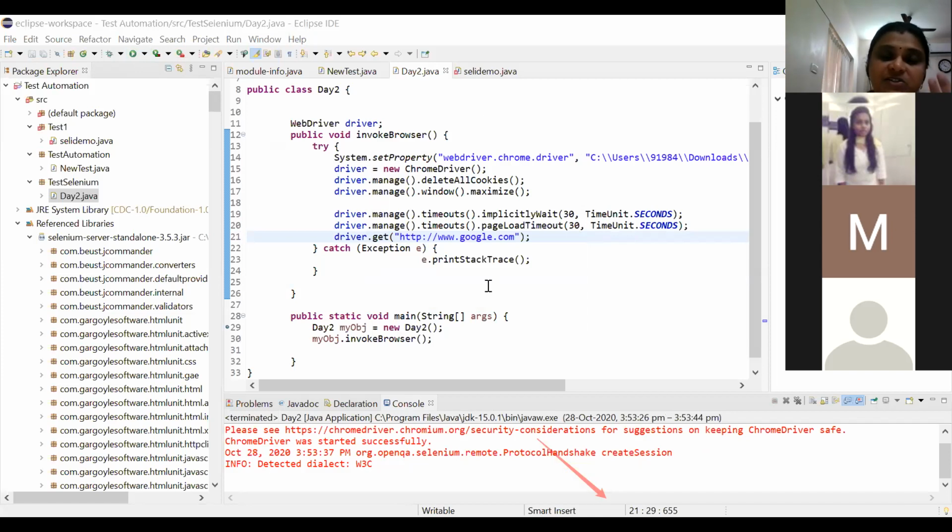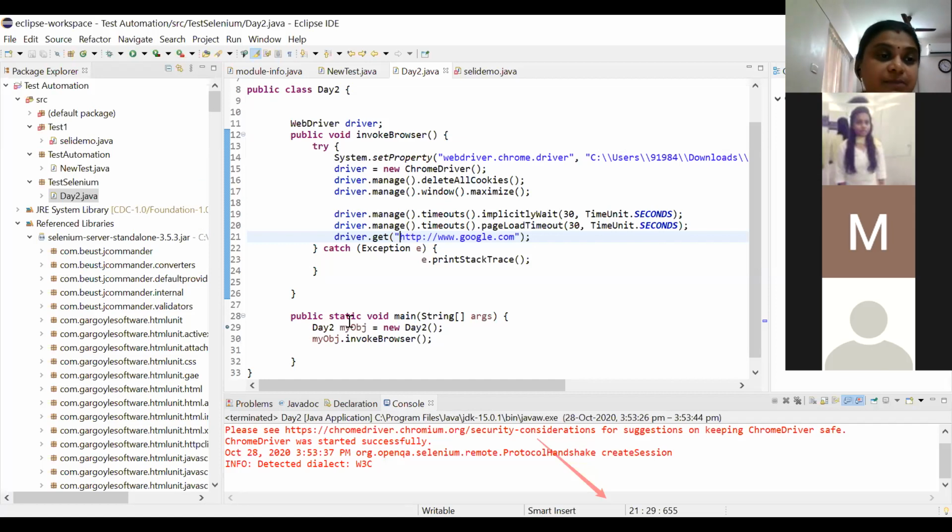Maybe I can also share the list of functions which are commonly used to test. You can keep using them, like how we used maximize and delete all cookies. The standard APIs of Selenium are listed with a very clean description that can also be shared. Yeah, this script can be shared. You can add two or three more functions to see. Now we have done this, just hitting that, maximizing it and seeing it. Go ahead, and data values also you can get.